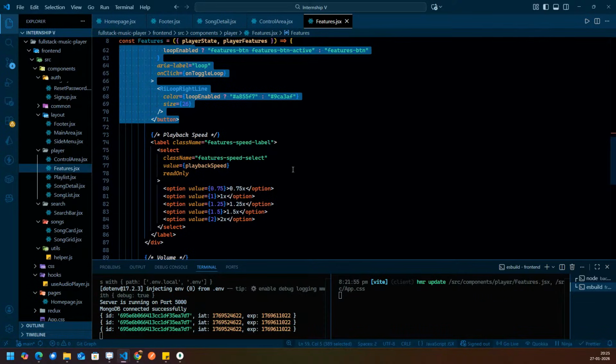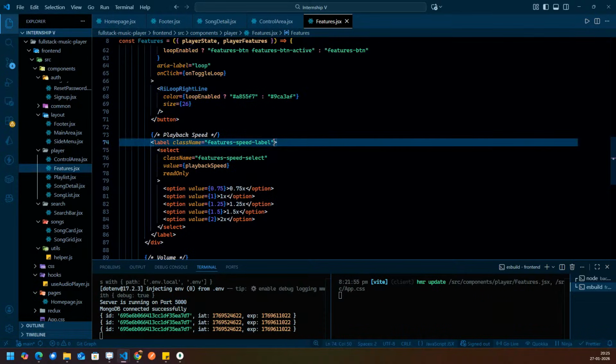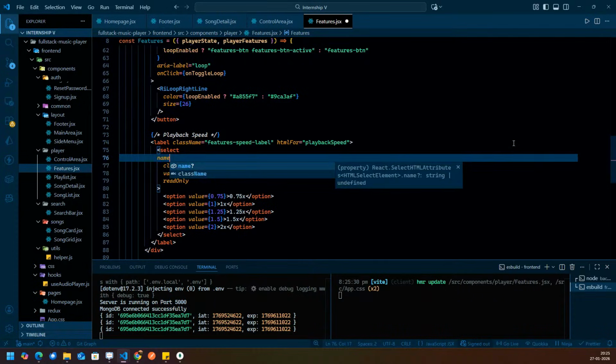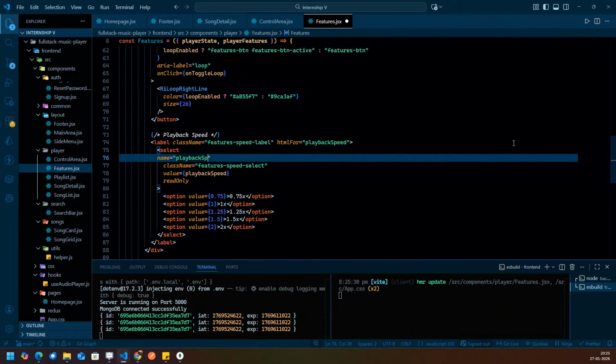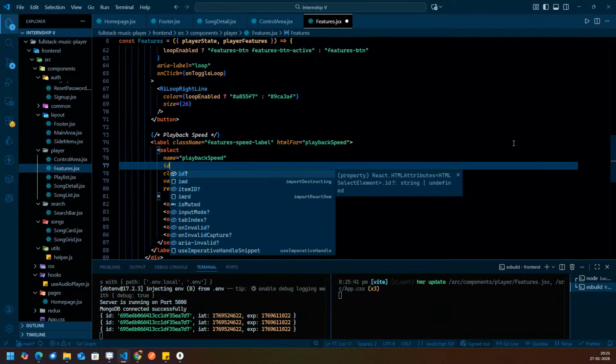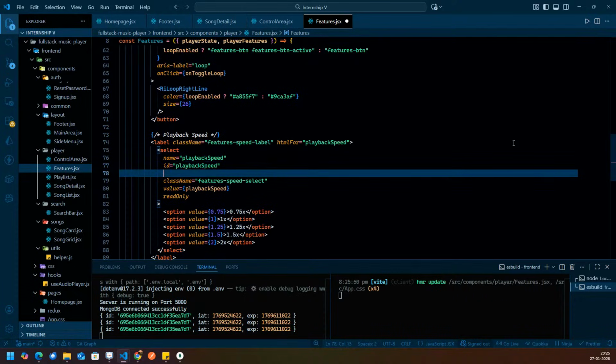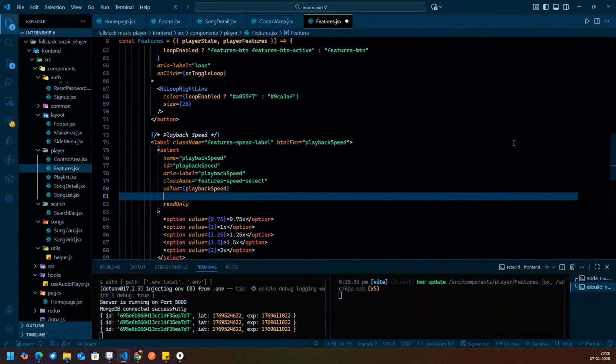Okay, guys. So playback speed we will write. First of all, you write HTML for, because we need to connect this label with the select tag. So we are writing HTML for playback speed. And in this select tag, we'll write the name, which is playback speed. Then after the name, we'll write the ID over here, again playback speed. ARIA label, playback speed. Fine. Value is playback speed, and on change